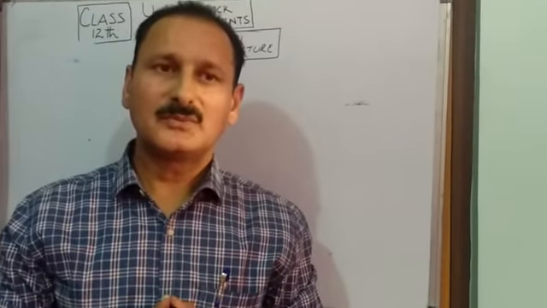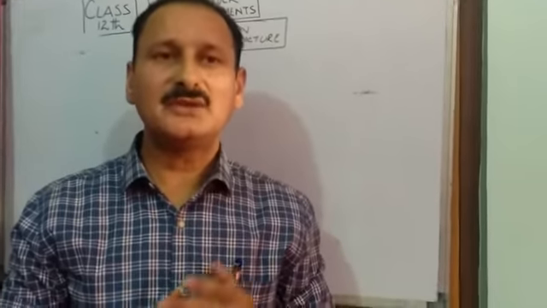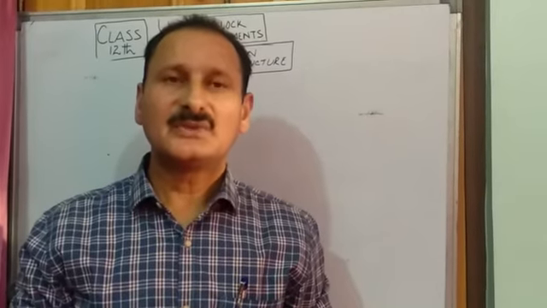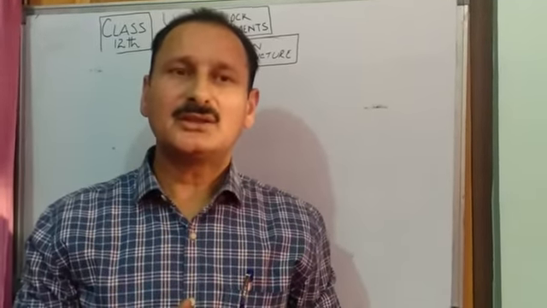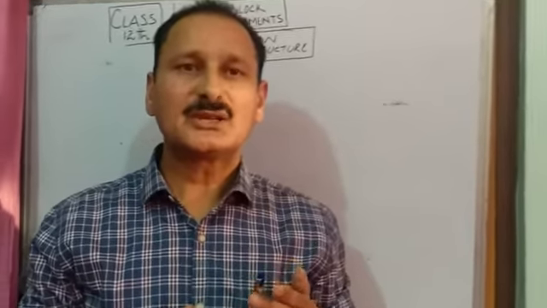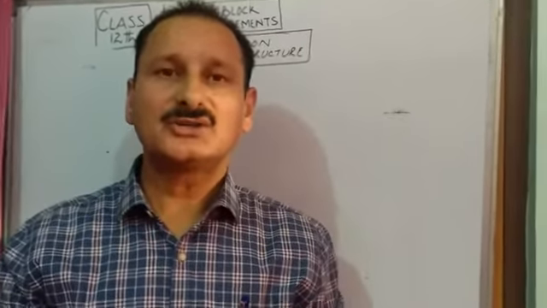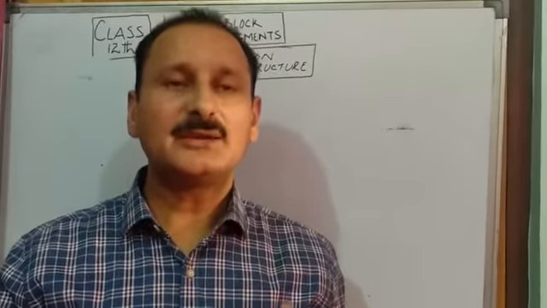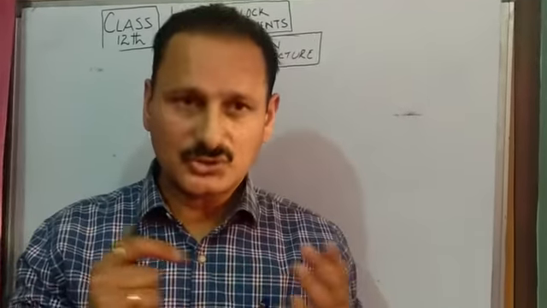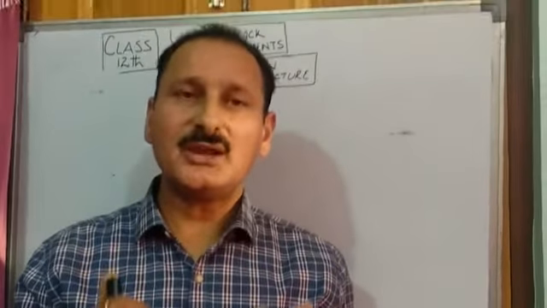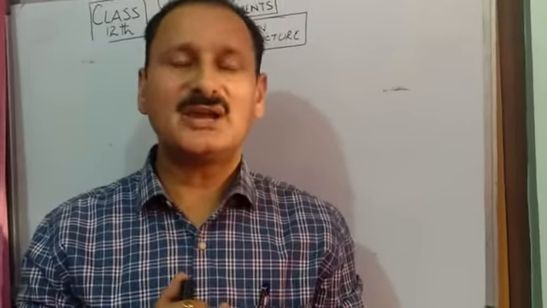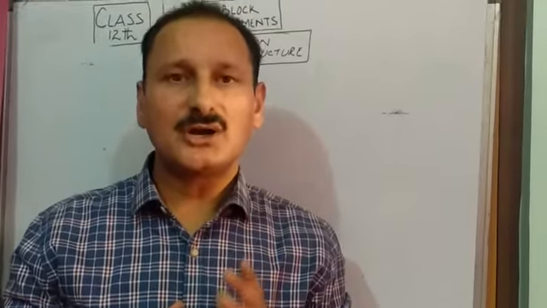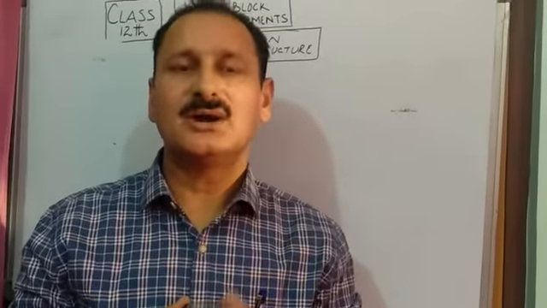I am Pardeep Kaur, lecturer in chemistry, and I am here with the same unit which we started a week ago, that is P block elements. In the last lecture we had discussed some rules to draw the electron dot structures of oxides of nitrogen, and then we practiced drawing the electron dot structure and molecular structure of one of the oxides of nitrogen, that was N2O. Today we will draw electron dot structures of other oxides of nitrogen.